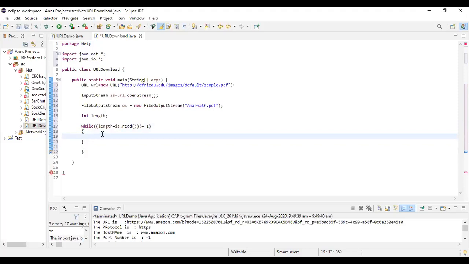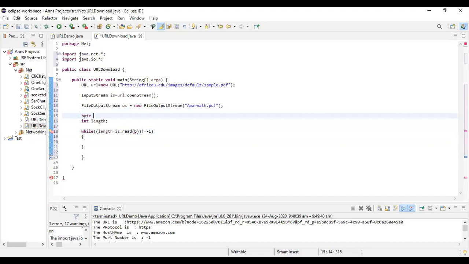Okay, so now what I'm doing is reading each and every byte. I didn't do byte, so no, I just have a byte buffer. I'll have a byte array equal to new byte. I'm having a byte array because reading happens through bytes. New byte, I'll just give a random number, 2048. Okay, read B is not equal.